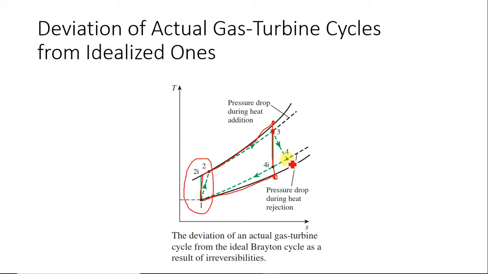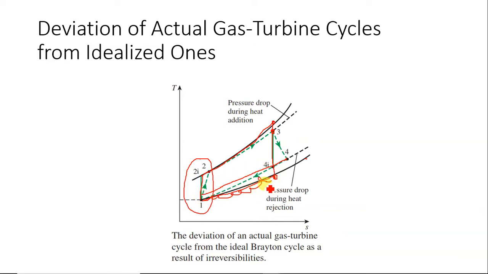Here you can see this is not isentropic. Entropy increases because of irreversibility, friction. Then again 4 to 1, here you can see this should have been the actual pressure, but here also there is a pressure differential. Technically from this point it should have been like this, but from point 4 this should have been the point in the original cycle.